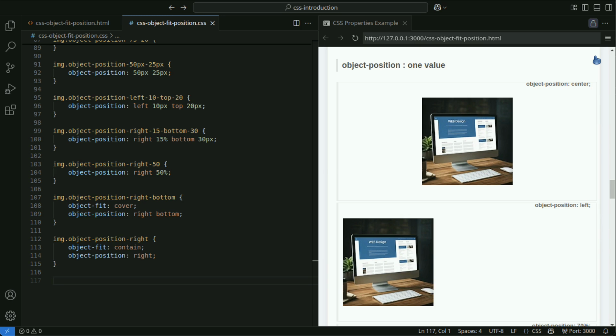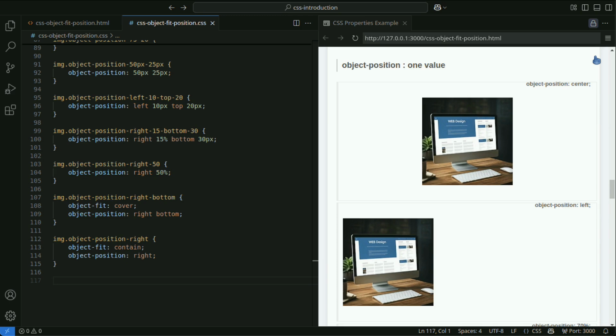Object position can specify positions using 1, 2, or 4 values. However, specifying 4 values may not be supported by older browsers. If only one value is specified, it is interpreted as the horizontal x-axis position, and the vertical y-axis is automatically set to center.